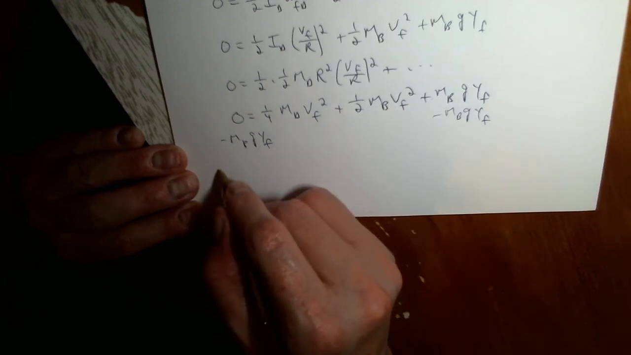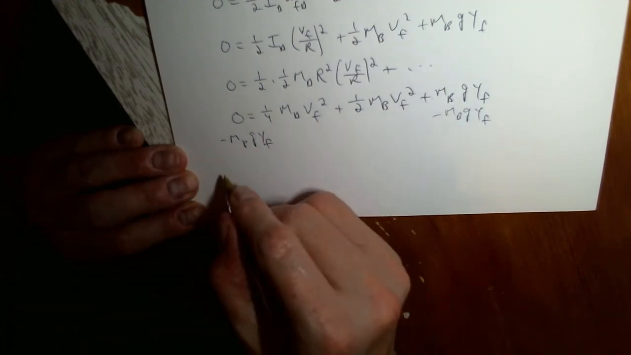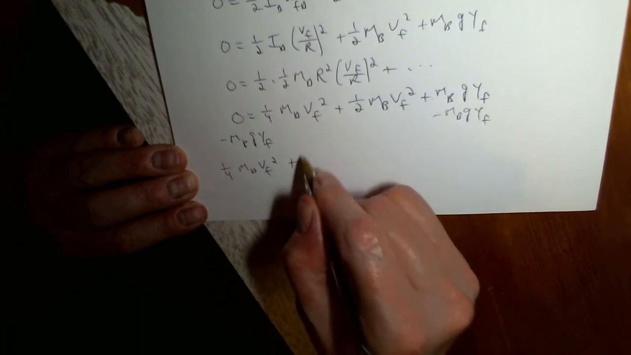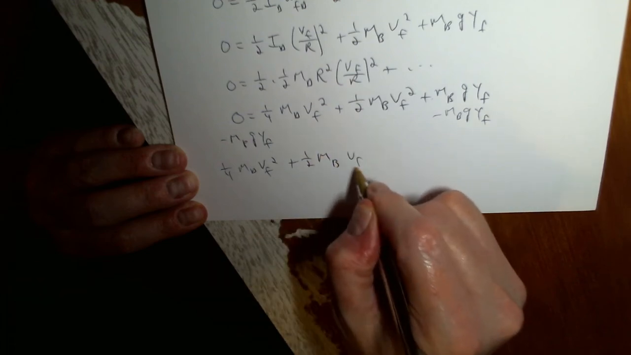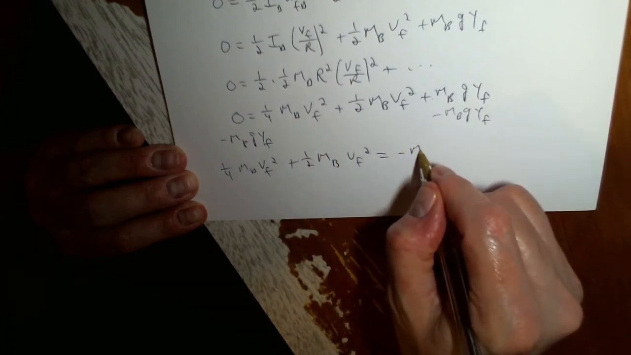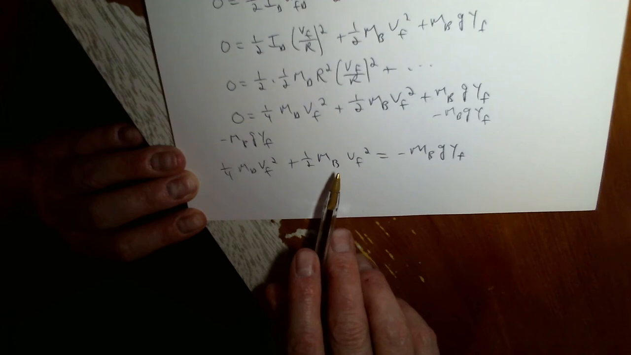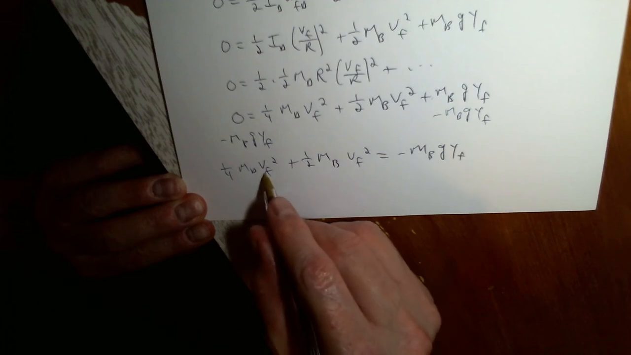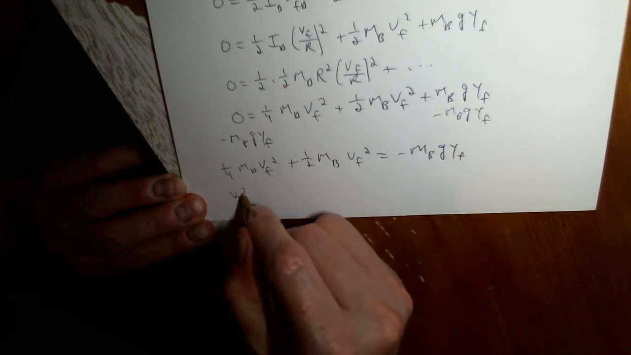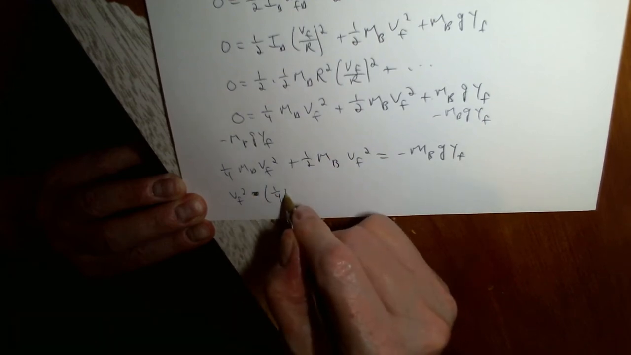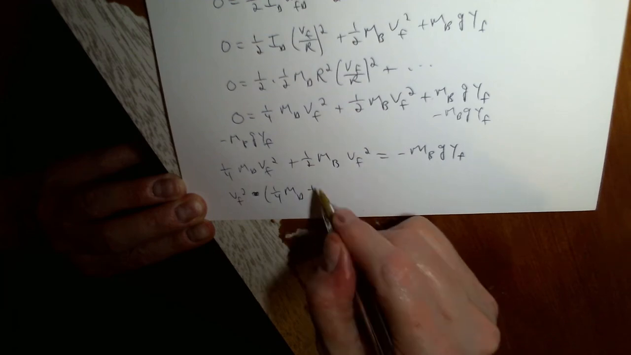And so I'll move everything here to the other side, and then I'll switch sides. So I get 1/4 M drum V final squared plus 1/2 M bucket V final squared is equal to minus M bucket g y final. I moved this to the left and then I switched left and right. And I'm going to get V final by itself, so I'm going to factor out V final squared. V final squared times 1/4 M drum, plus 1/2 M bucket,